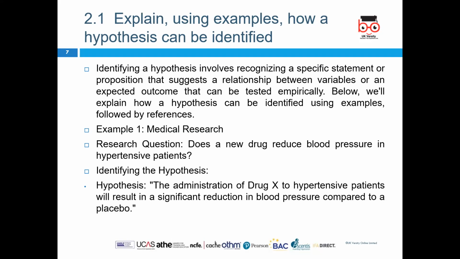So you can use a multiple regression test to carry out a causal investigation, that is, how each of the independent variables impacts the dependent variable, or you can use a correlation test to see the strength of association between the defined variables. So we will look into a few examples of how a hypothesis can be identified, followed by references. So the first